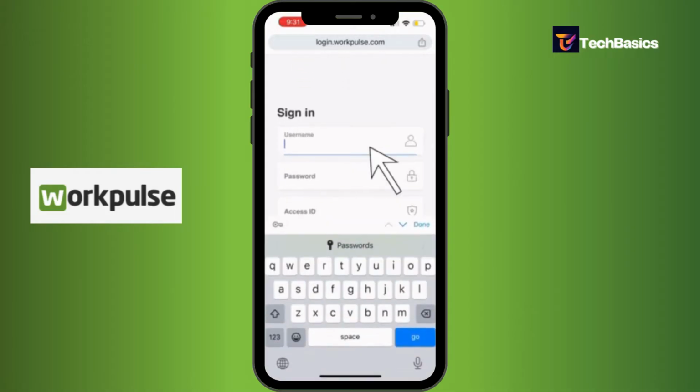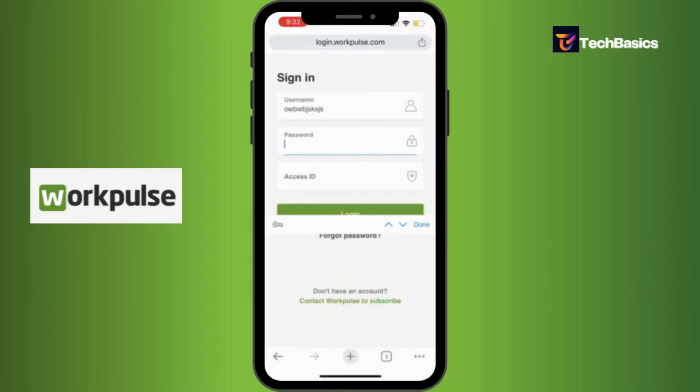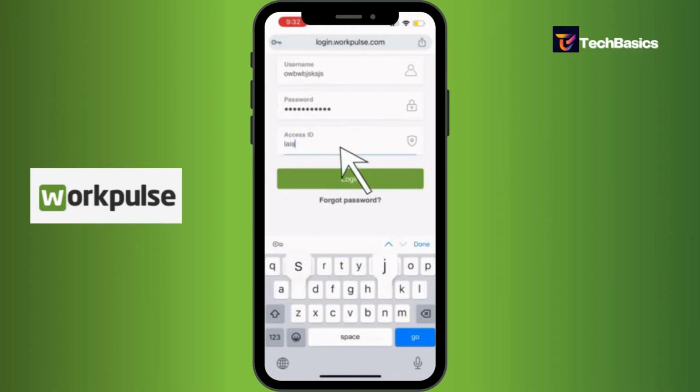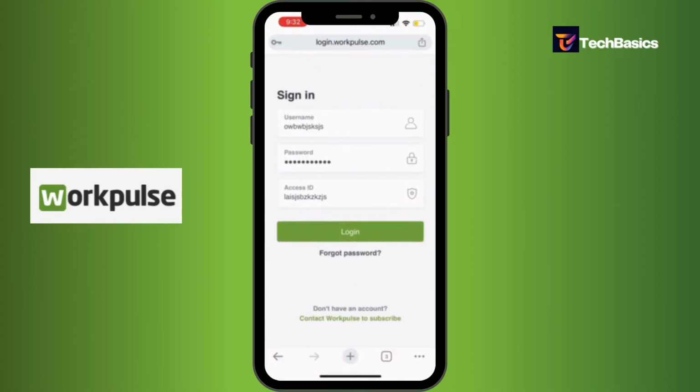And okay, let's type in your password. Your username. I'm typing a random number over here, but I'm hoping you have your actual username and password, and your ID, of course. Keep in mind, make sure that you type in your actual information, like your actual username, actual password, and the ID. Now, since you have done that,